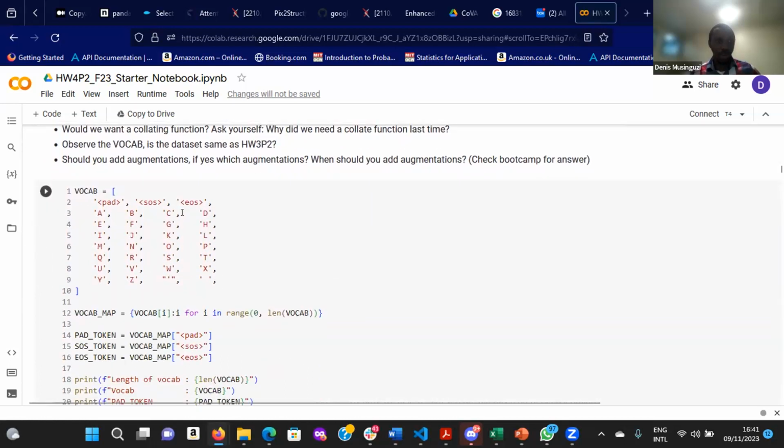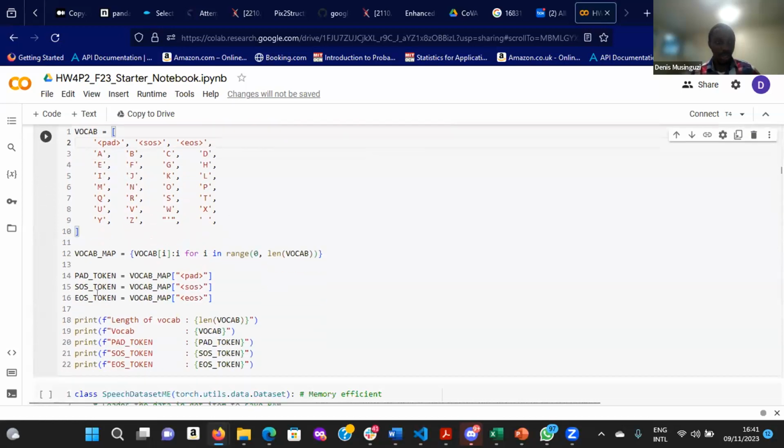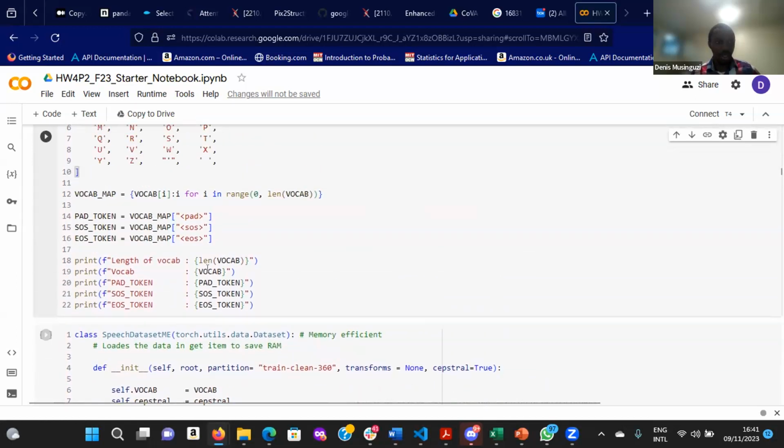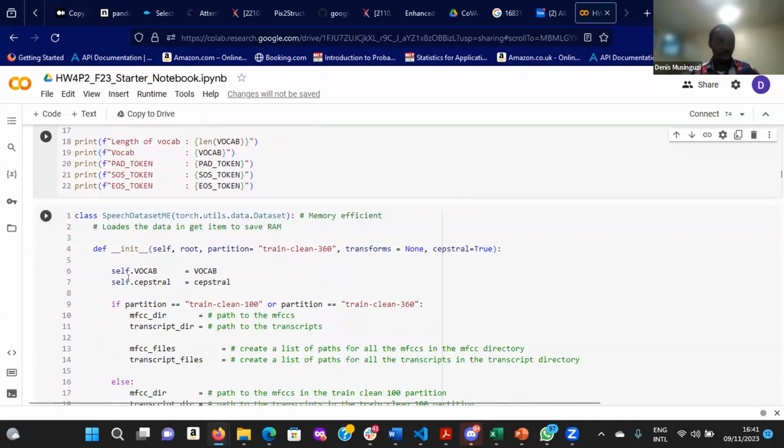In the vocab, we have all the characters that you'll encounter during training of your model. We have the PAD token, the SOS token, and the EOS token. I know that from the lectures we've covered the purpose of these: the SOS token indicates the start of the sequence, which shows the start of the sentence, and the EOS shows where the sentence ends. The rest are the letters of the English alphabet, which you shall be using in this case. We provide a method to map from this vocabulary to integers and back, which is provided in this cell. Then we can move on